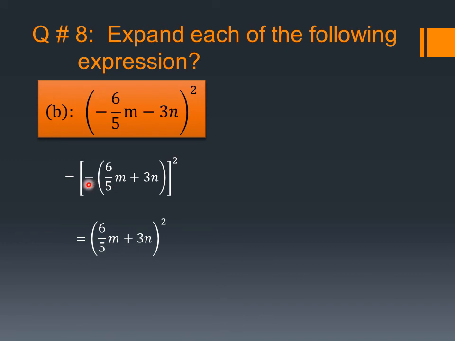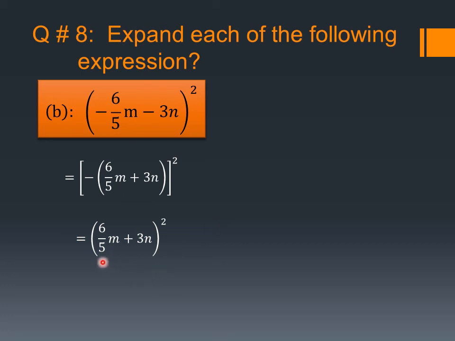Taking the square of minus, minus into minus is plus, so that minus will be changed to plus. When I have taken minus sign common, I have changed the next sign, because all of you know that whenever we multiply the brackets with the negative sign, it changes the signs of all the digits that are present inside the bracket. And whenever we take minus sign as a common digit, we also change the sign of the bracket.